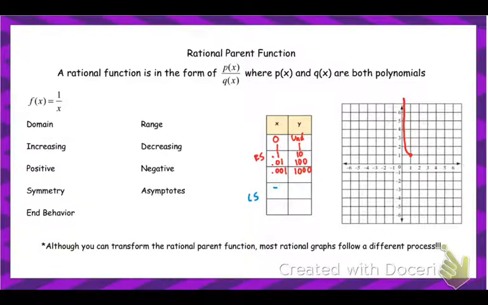All right, let's start with -1. Well, 1 divided by -1 is just -1. Well, then let's get closer to 0. Let's do -0.1, -1/10. So 1 divided by -1/10 is -10. Then let's do the same thing, -0.01. That would be -100. -0.001, -1,000. So as I get closer and closer to 0, those y's are again getting smaller and smaller